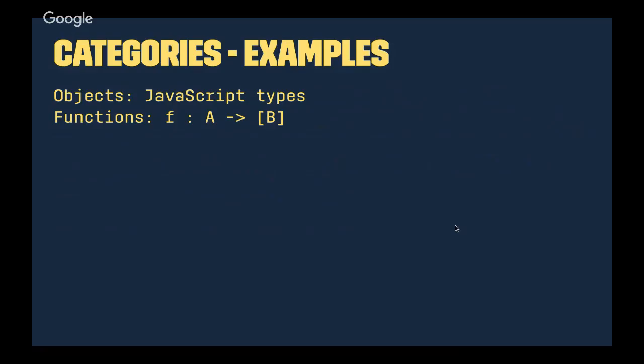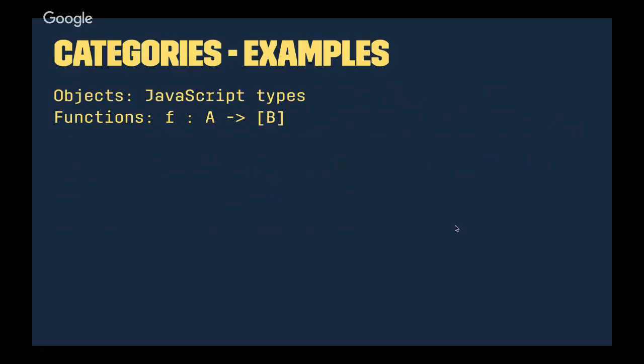Okay. We won't do too much in the abstract here before digging into some code examples, but I want to take one more example. I want to illustrate that while a category has to have a notion of composition, it may not be literally plugging the functions one into another like you might expect. So let's consider a modified category where a function takes in a thing of type A and returns a list of things of type B. I posit to you that you can make this a well-defined category. What I mean by that is you can define a reasonable way of composing functions with that shape together.